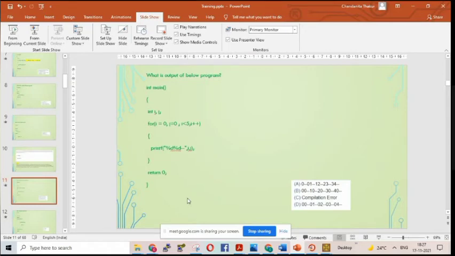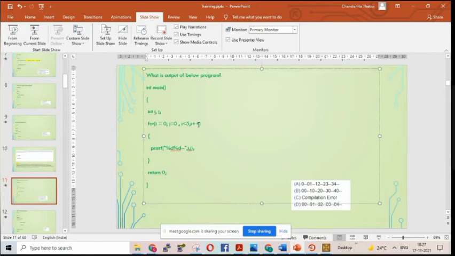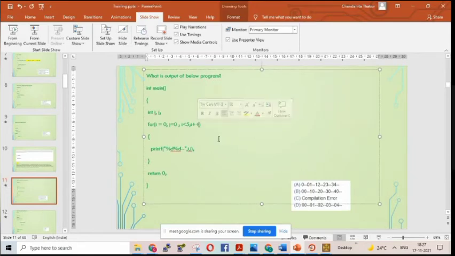Suppose this is an MCQ, a multiple choice question in your interview. In that question, they have formed it like that. They are not incrementing j. It does not have any purpose. It has the purpose to confuse you. So I won't increment j here by writing j plus plus. I'm not doing it, but I could have done it. I'm not doing it in this program because I want to see what the output of the program will be in this situation. But you must know that j can be incremented.